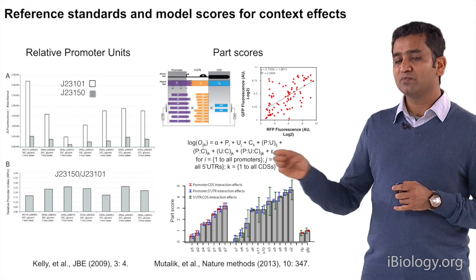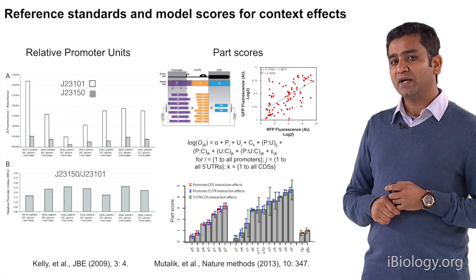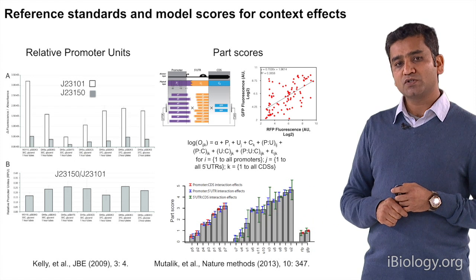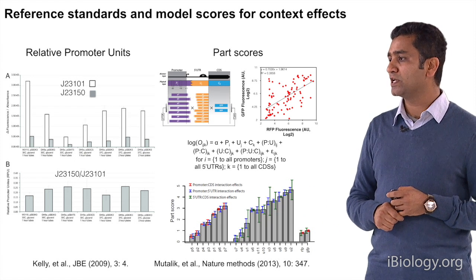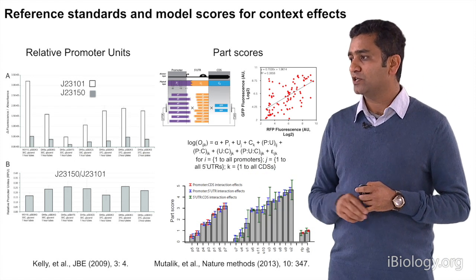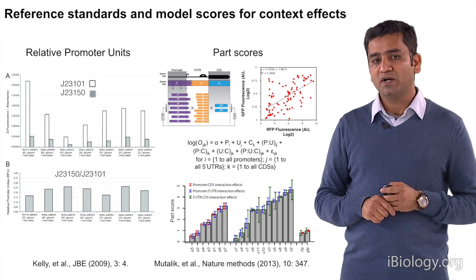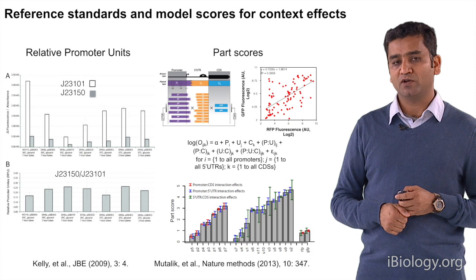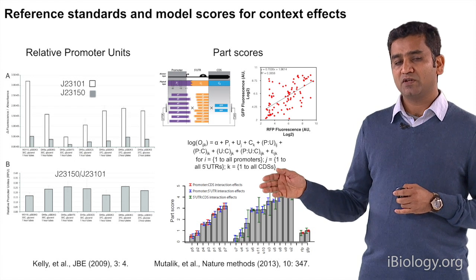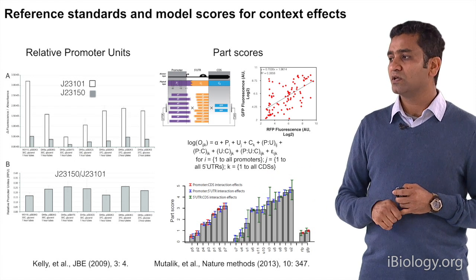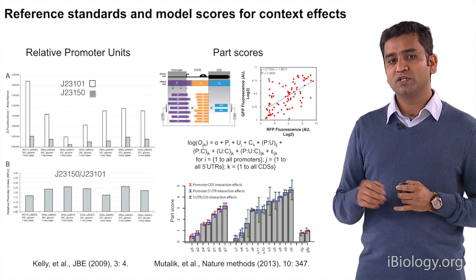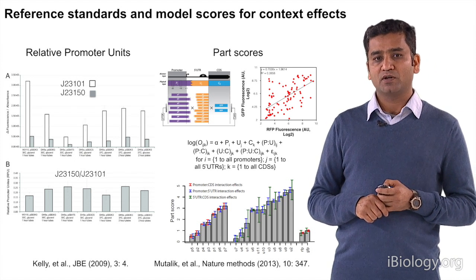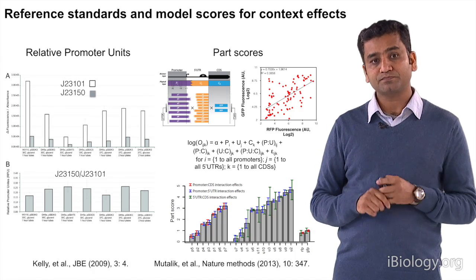So if we use a simple factorial ANOVA, we can score these parts across different conditions. I'm showing here part score across different promoters and UTRs, and the error bars show how a particular part varies with respect to its upstream or downstream genetic context. You can imagine that having a database with the part scores helps in designing and choosing parts which are appropriate and reliable for your application across different systems.